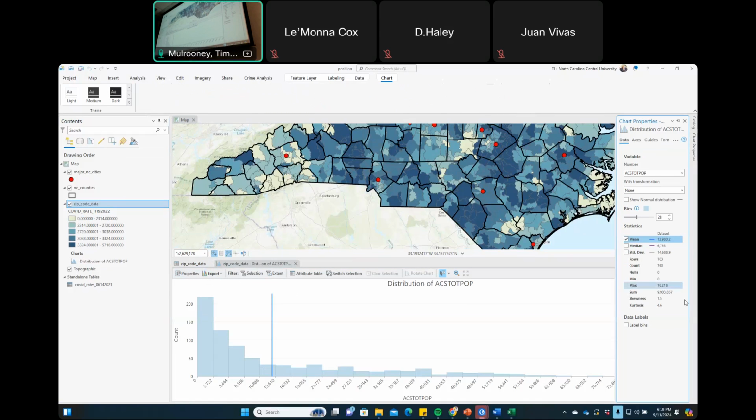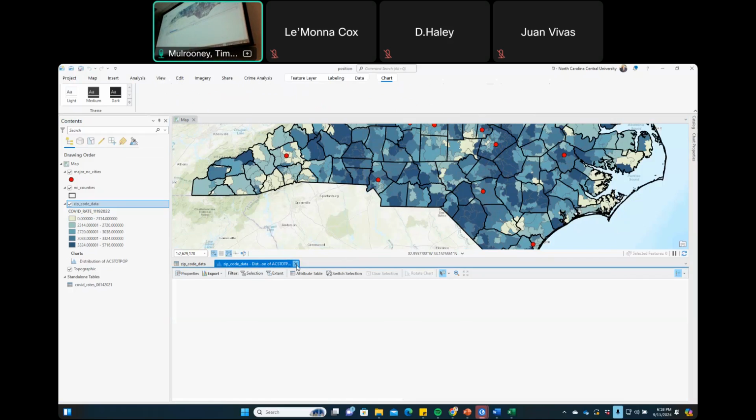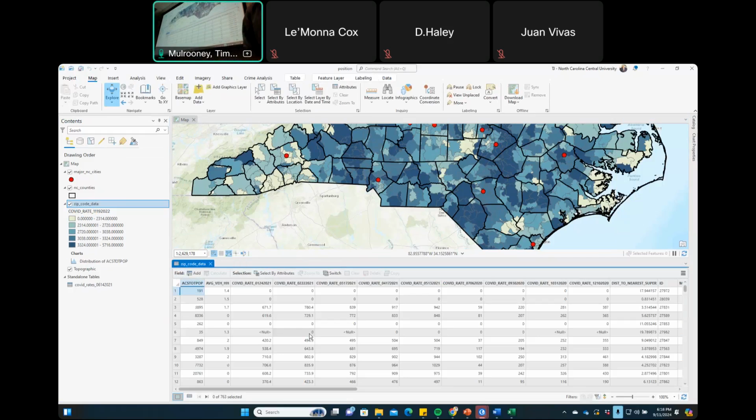Okay, yeah, we got like 9.9 million here. This might have been a year or two ago, but we got 9.9 million, just under 10 million people here in North Carolina. And those are some of the things that I personally like to do to just check myself here. Now, what else do we have?